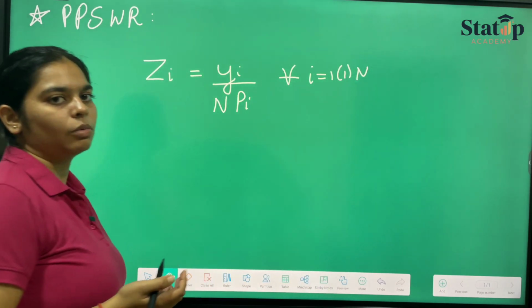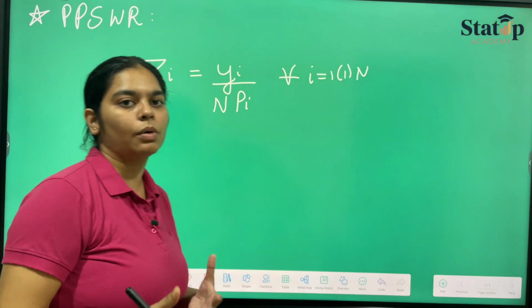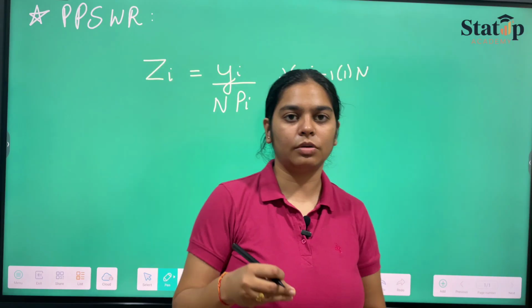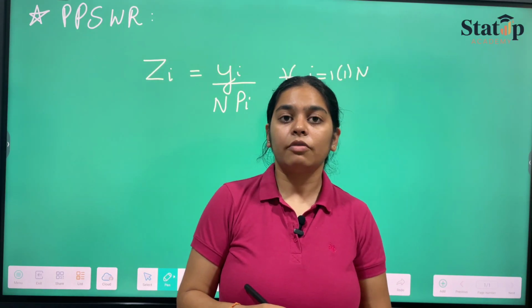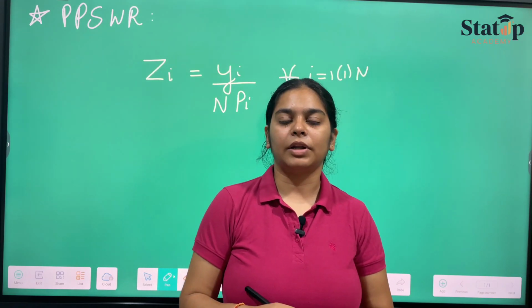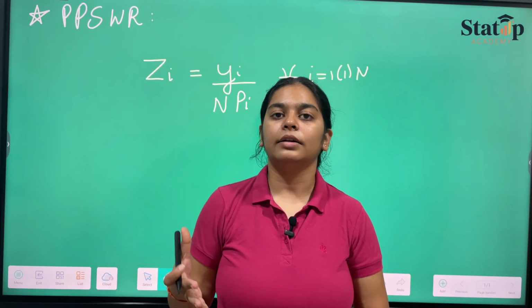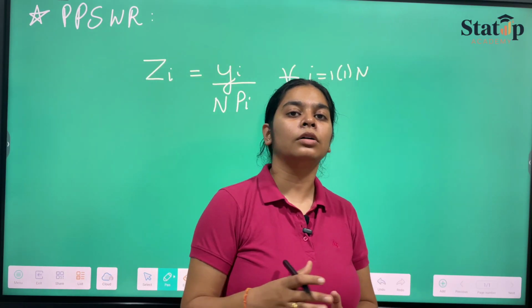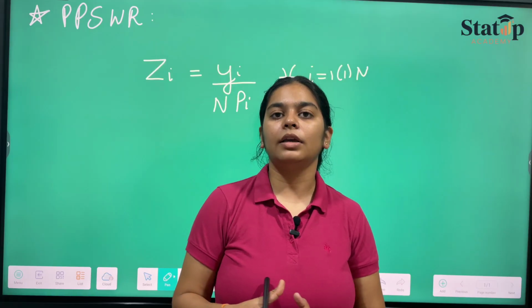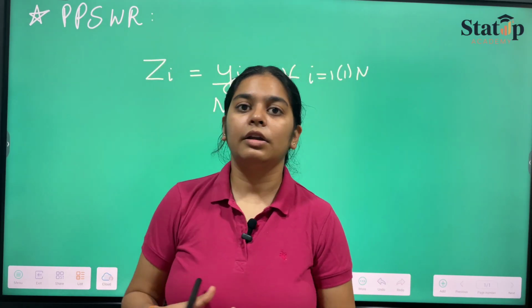So what we did was, we took one sample with probability proportional to size from the population and then replaced it in the population again, and so the probability of selection of a unit i remained constant,